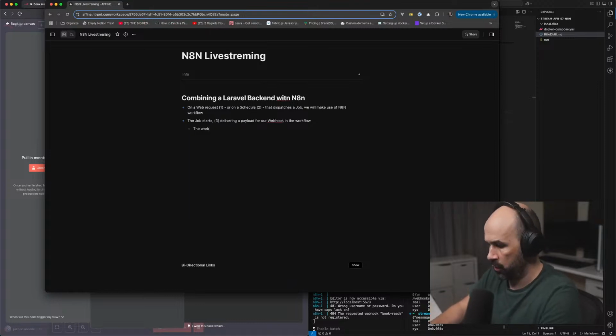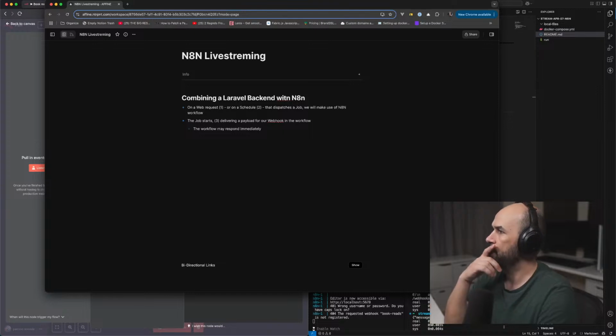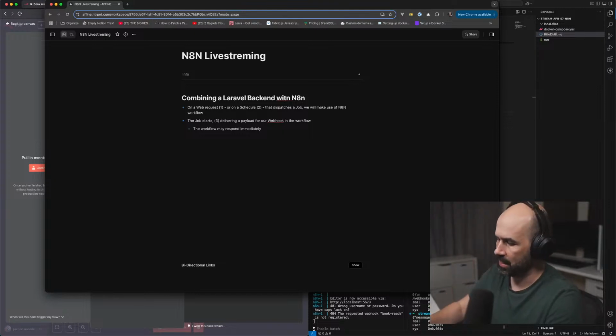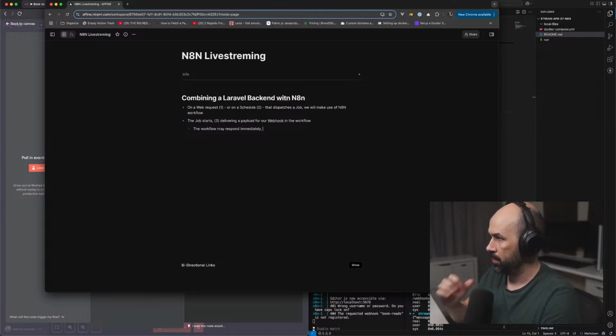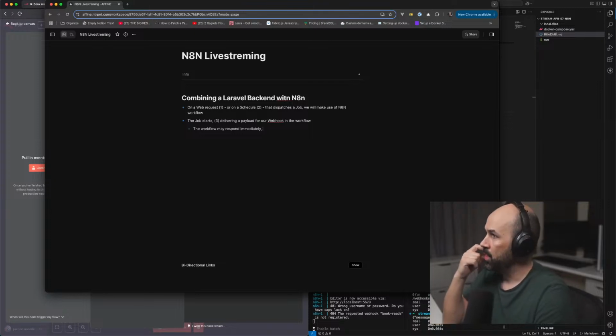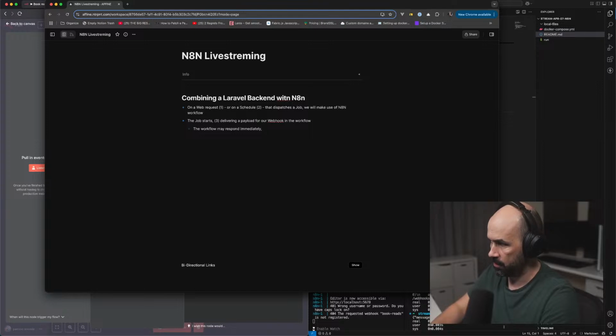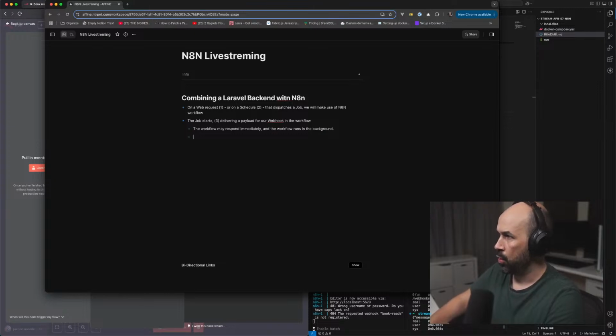The workflow may respond, let's use the same terms to be better, the workflow may respond immediately, and the workflow runs in the background. So that request finishes,